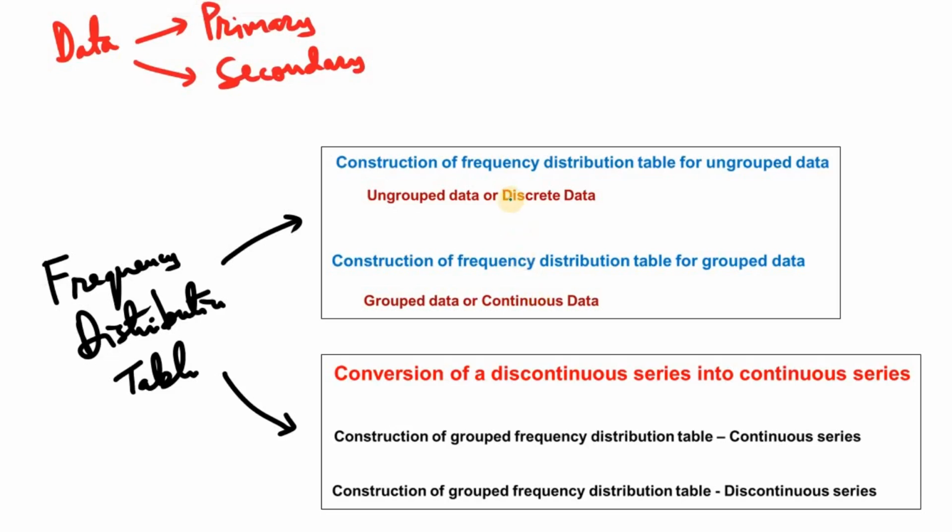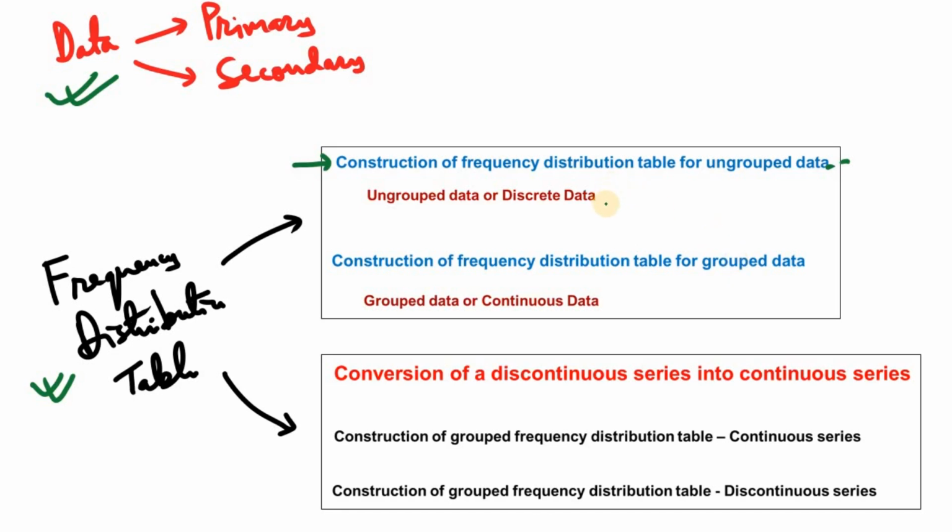Hello students, today we are going to talk about a very basic topic related to statistics. First we are going to talk about data, primary as well as secondary, and next I will be talking about frequency distribution table. Here we will first talk about construction of frequency distribution table for ungrouped data and then grouped data, and in